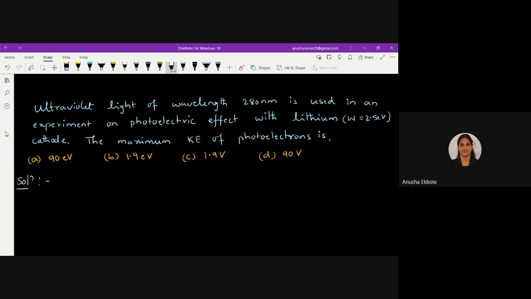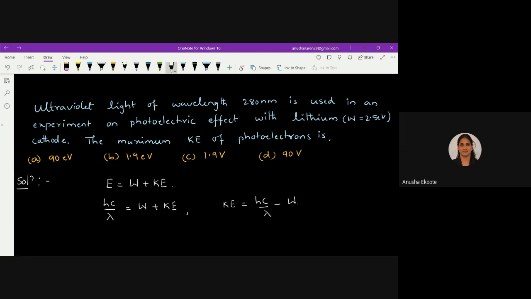Since this is the photoelectric effect and the kinetic energy is asked, we will use the photoelectric equation, E equals W plus kinetic energy. So E is not directly given, it is given in terms of wavelength. So let us write it as hc by lambda, and this is W, the directly given value, and this is the kinetic energy. We need to find the kinetic energy here. So let us take the kinetic energy on the left hand side. So we are going to get it as hc by lambda minus the work function.